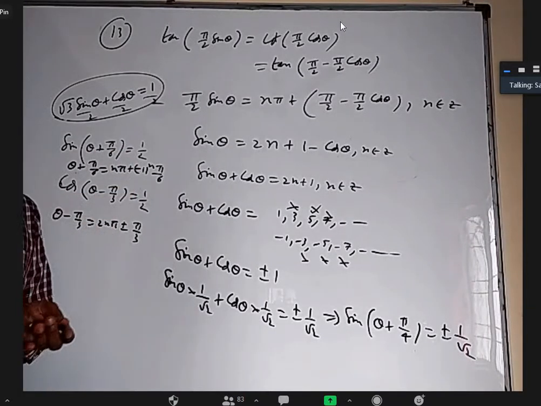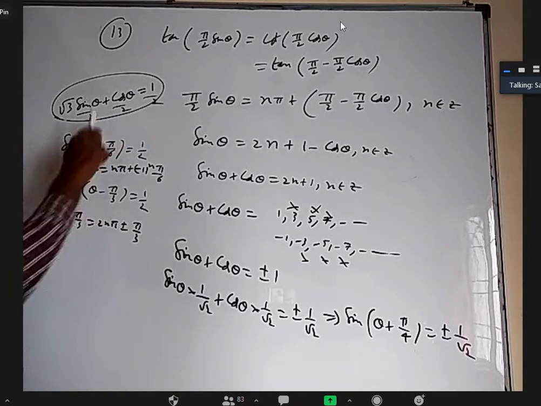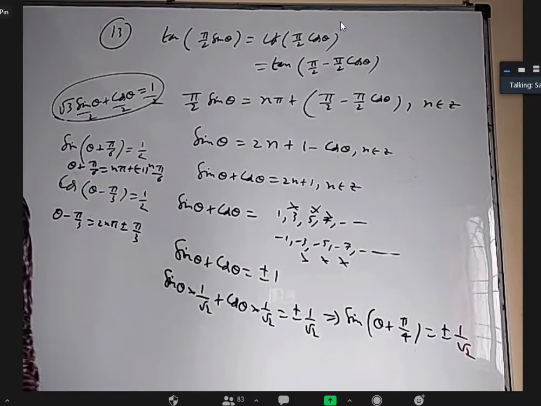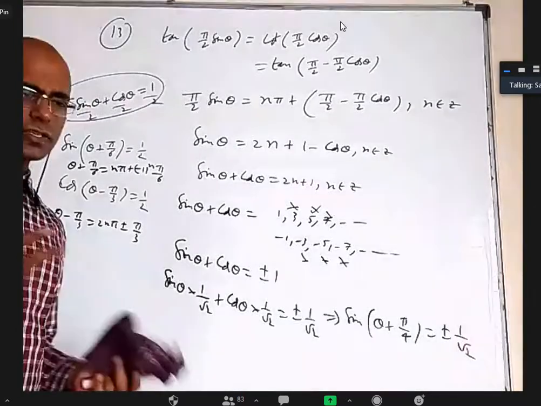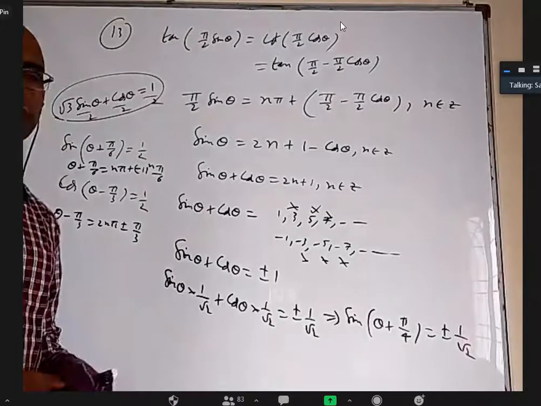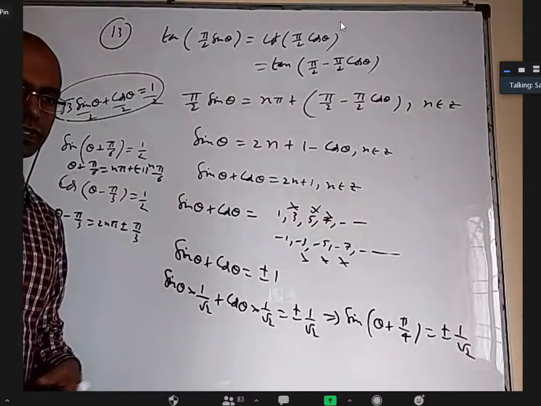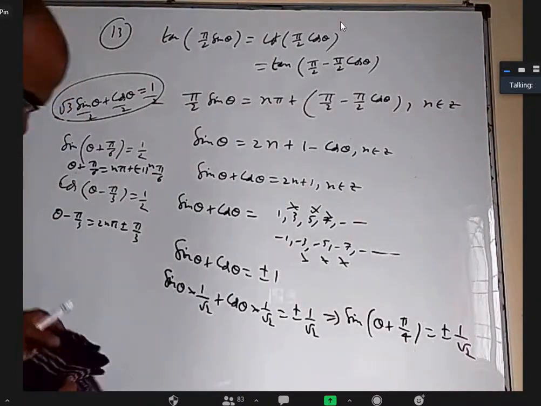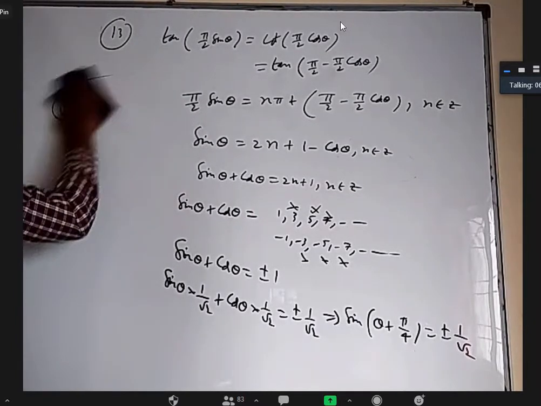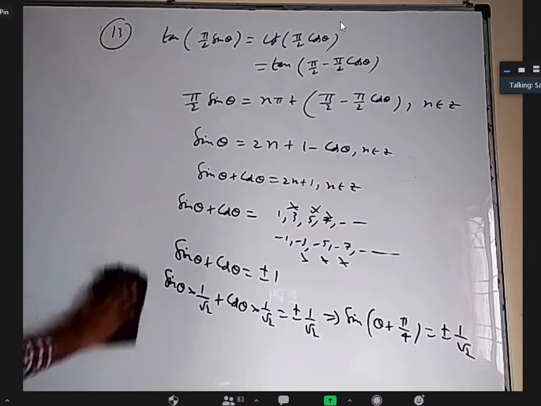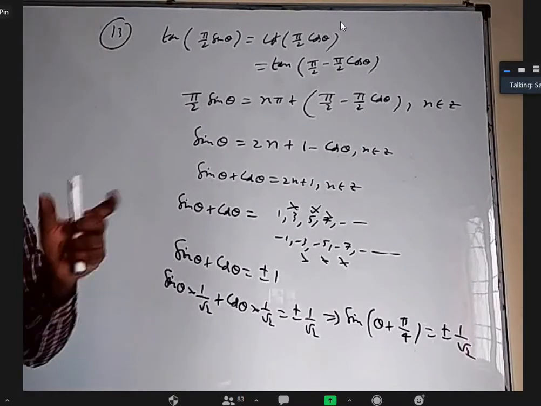Relatively, cos is better. So whenever you have a choice of converting something into either sine or cos, it is better to go for cos to avoid minus 1 whole power n. Of course, if it is an objective question and the options have minus 1 whole power n, then you have to go for sine. But if we simplify, both will give the same answer, no, sir? Yes, finally the same answer. That means when you write the list, the answer may not look the same.